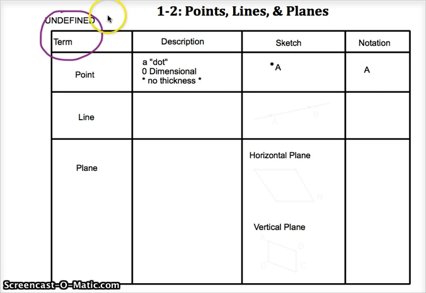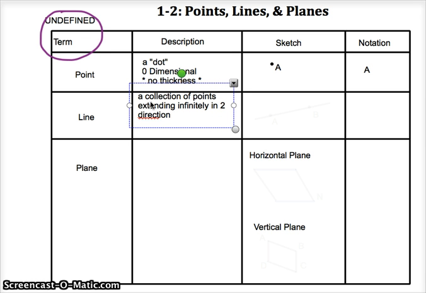The next undefined term is a line, and a line is a collection of points, and it extends infinitely. Meaning it goes on forever and ever and ever. It never stops. It actually never starts. It extends infinitely in two directions. So if I were to ask you to draw a line, you'd likely do something like this,